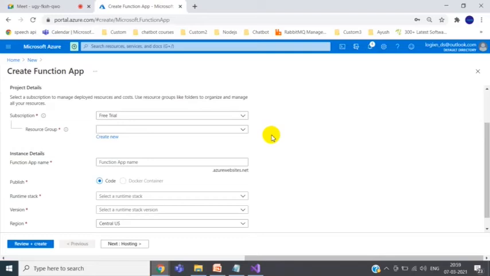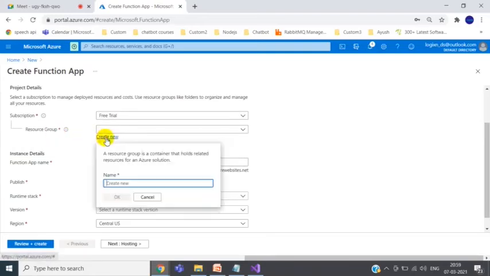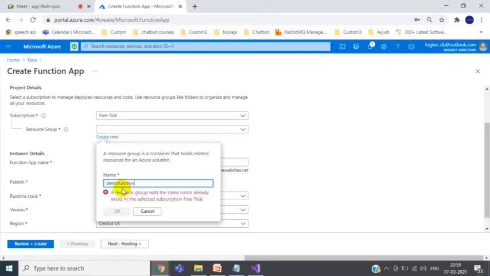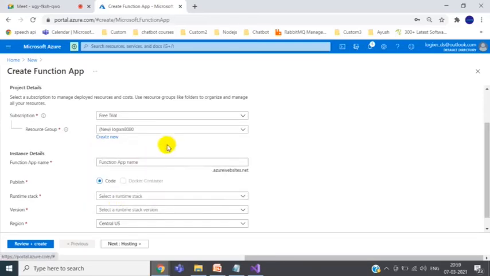Otherwise, there is no charge. So I'm creating a resource group, and we have to provide the unique name,